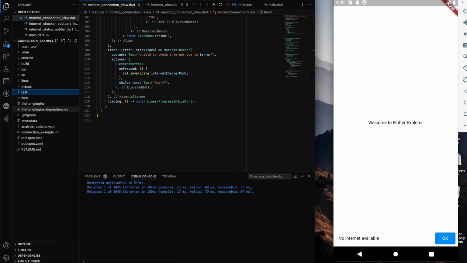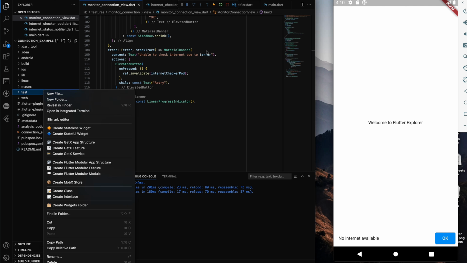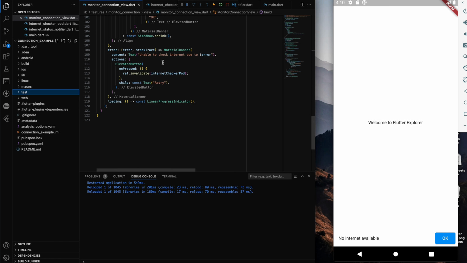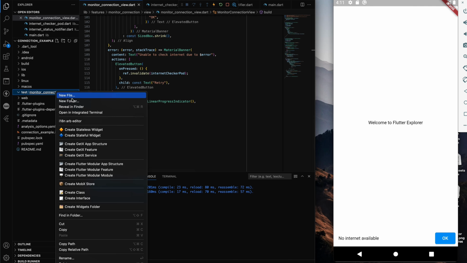In the test folder we'll create a folder called internet or monitor connection test, or we'll just put it as monitor connection, and in this folder we'll just put